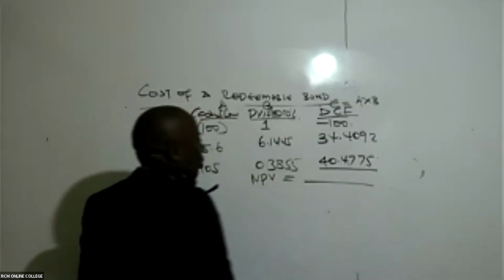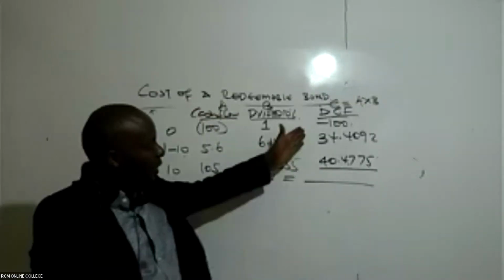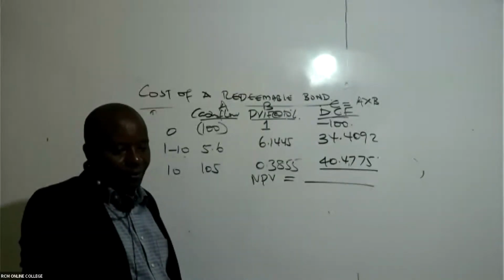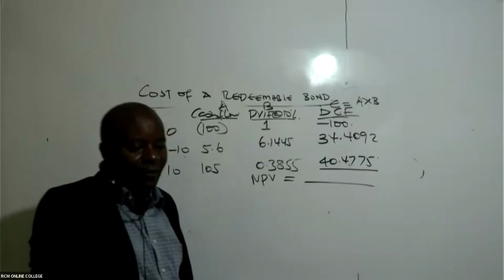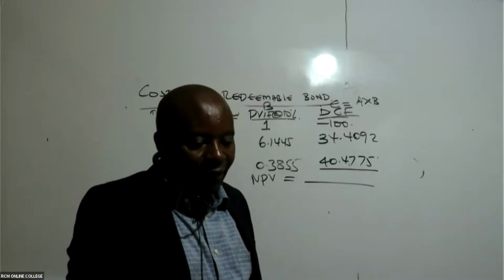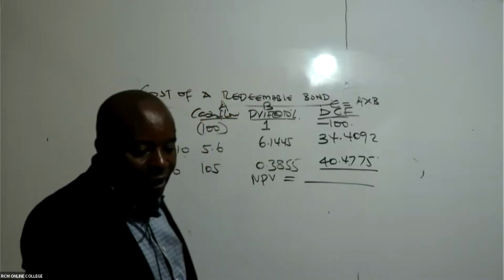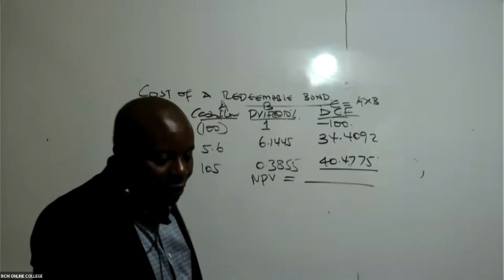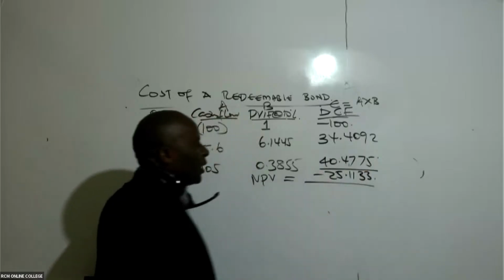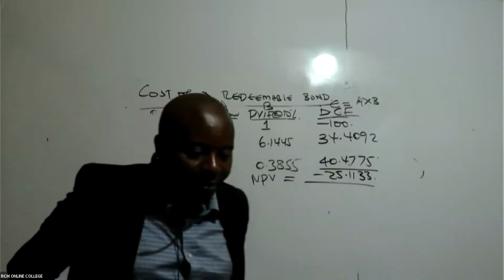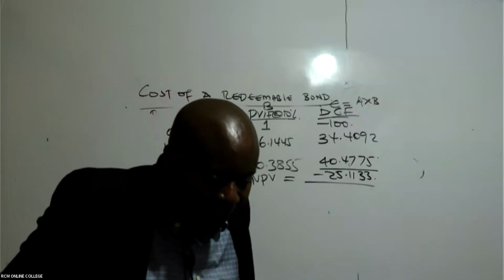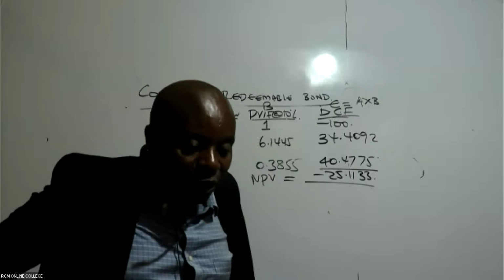So NPV will be equal to, you are now adding everything, this plus this plus this. It will be negative something. So negative 25.1133, like that. Is there somebody else who is able to confirm this figure? Anybody else? Yeah, SLA has confirmed. BR has also confirmed.